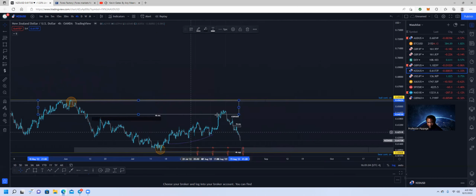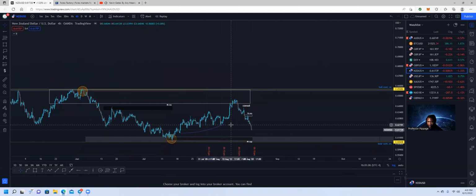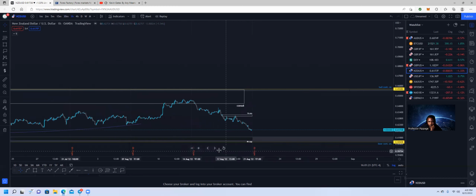You wouldn't necessarily know that unless you were following it live, but how I would have potentially looked for shorts from this area would be, okay, if we're coming back to retest this zone right here, once we started coming back to make lower lows and lower highs from here, then I could potentially look for the shorts. So based off of the 1 hour,